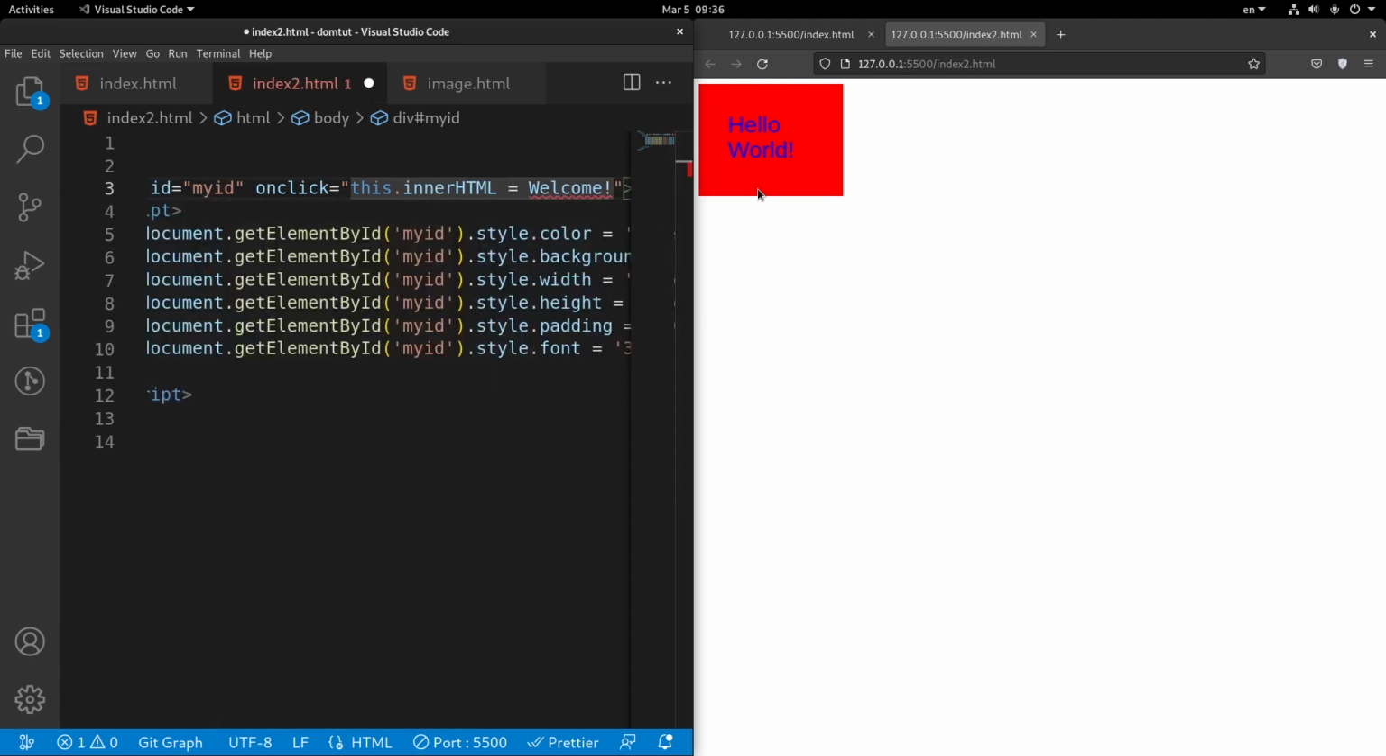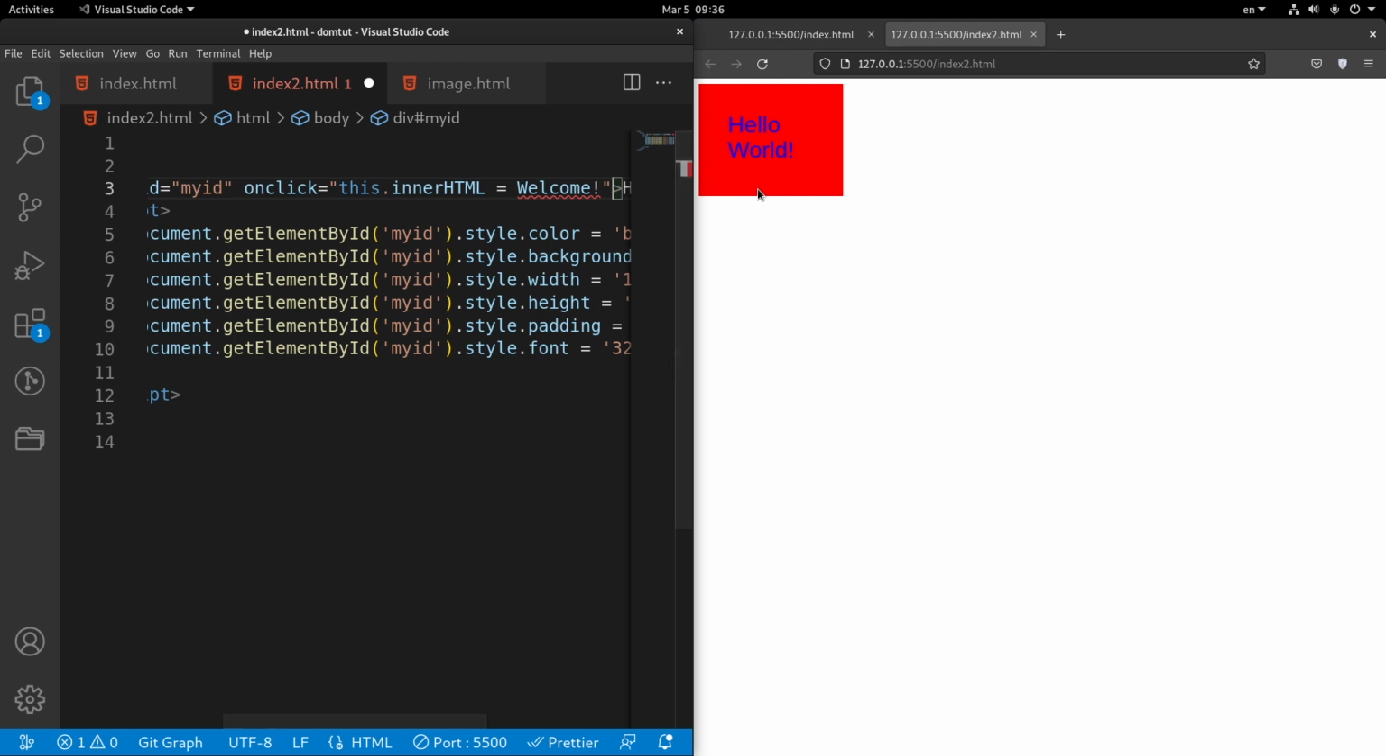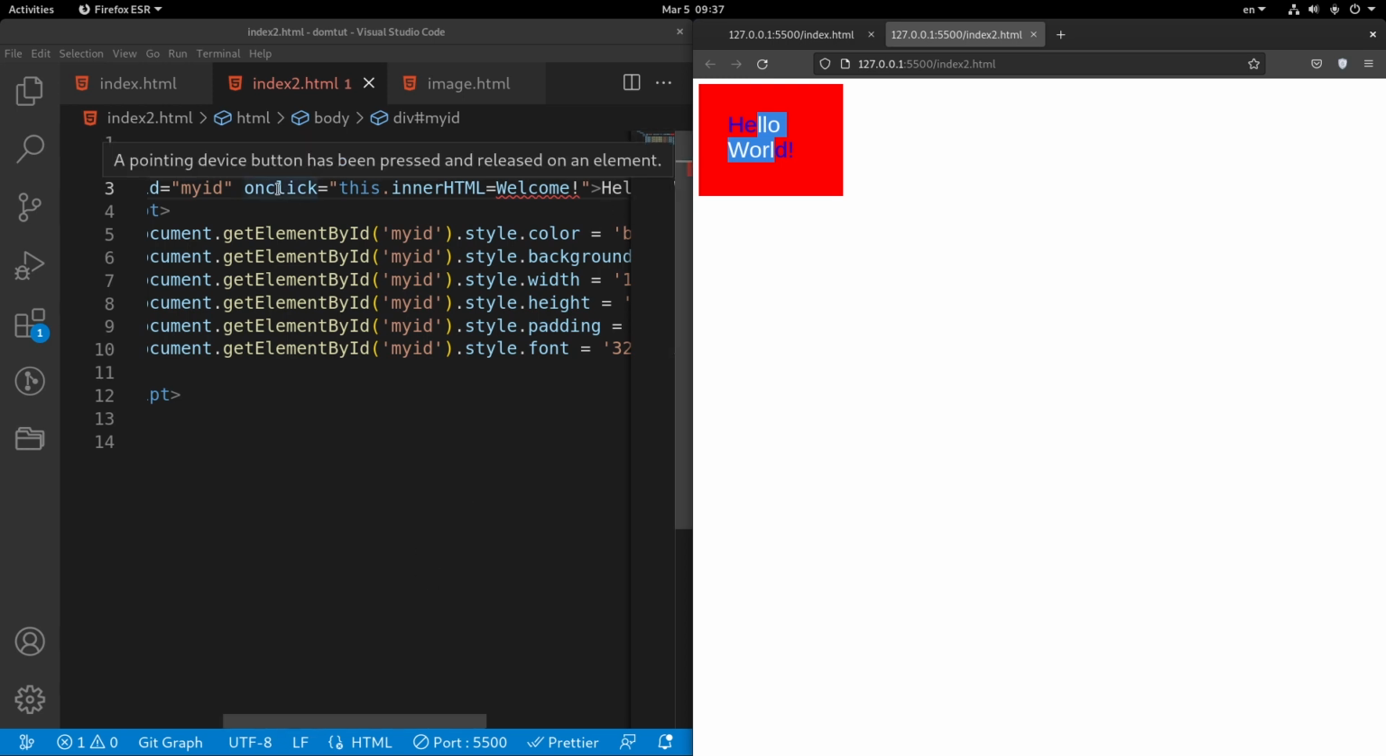And so that's it. I think that there is something wrong over here. Let me fix it. So let me save this and click on this. So it seems something's wrong. So we've got the onClick and this .inner HTML, which is equals to, okay, we've got to make this instead